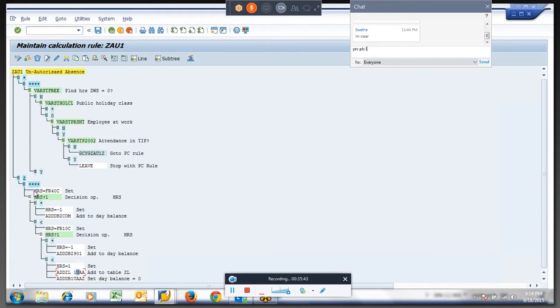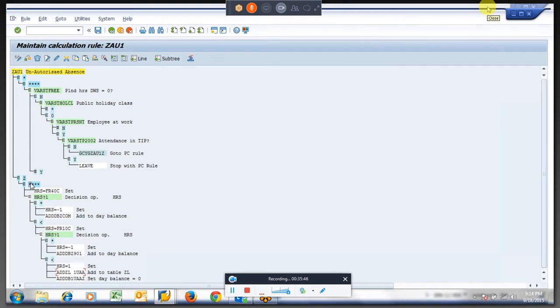Okay. So again I am telling, we are checking this when we are going to detect another absence. Instead of detecting, what we are doing is getting the quota availability of comp off here, and then comparing whether a minimum of 1 day is available or not, because 1 day of salary we are going to reduce if there is an unauthorized absence. If it is available, I am reducing it from the time tag which we have given in the configuration for the comp off, so that the compensatory off which the employee is eligible for will be reduced over here.